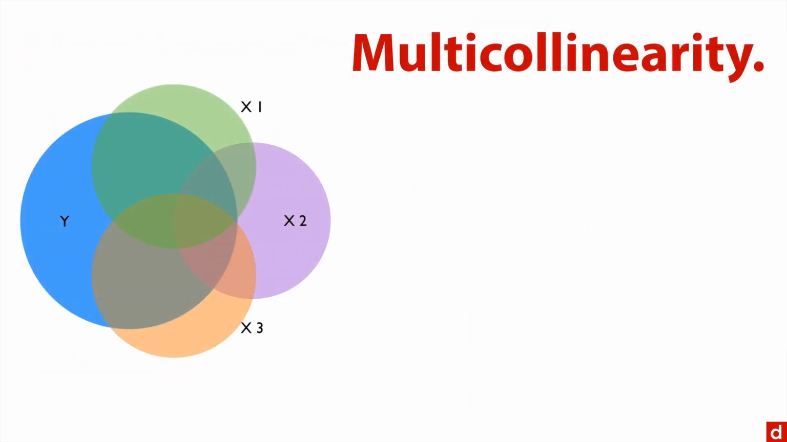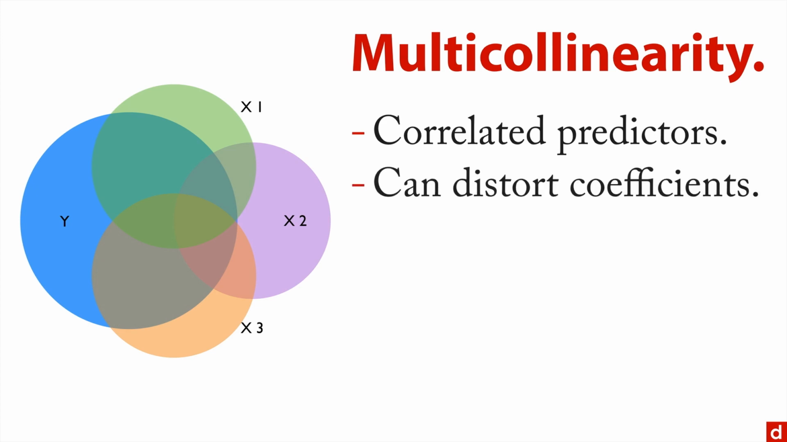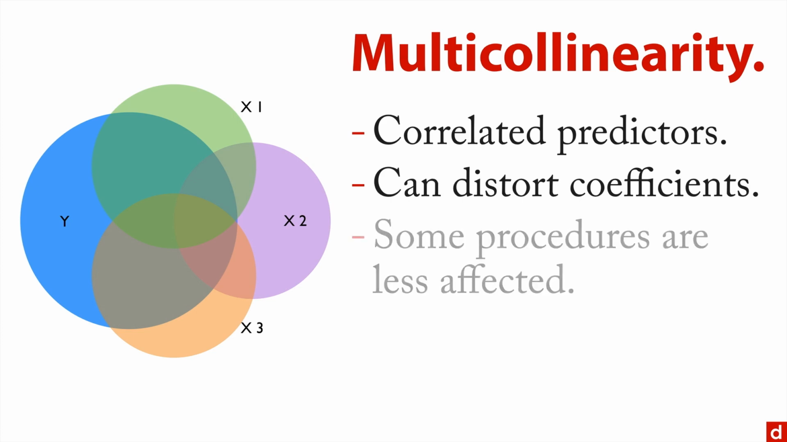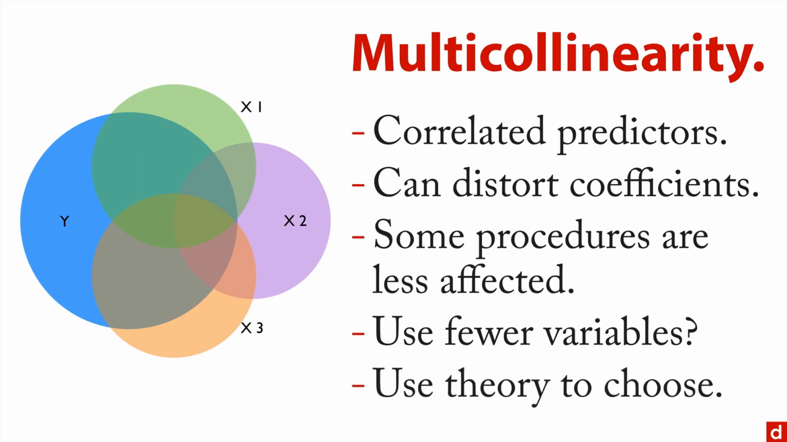Then there's the issue of multicollinearity, which I've mentioned previously. This is when you have correlated predictors, or rather, the predictors themselves are associated with each other. The problem is this can distort the coefficients you get in your overall model. Some procedures, it turns out, are less affected by this than others, but one overall way of dealing with this might also simply be to use fewer variables. If they're really correlated, maybe you don't need all of them. And there are empirical ways to deal with this, but truthfully, it's perfectly legitimate to use your own domain expertise and your own insight into the problem, to use your theory to choose among the variables